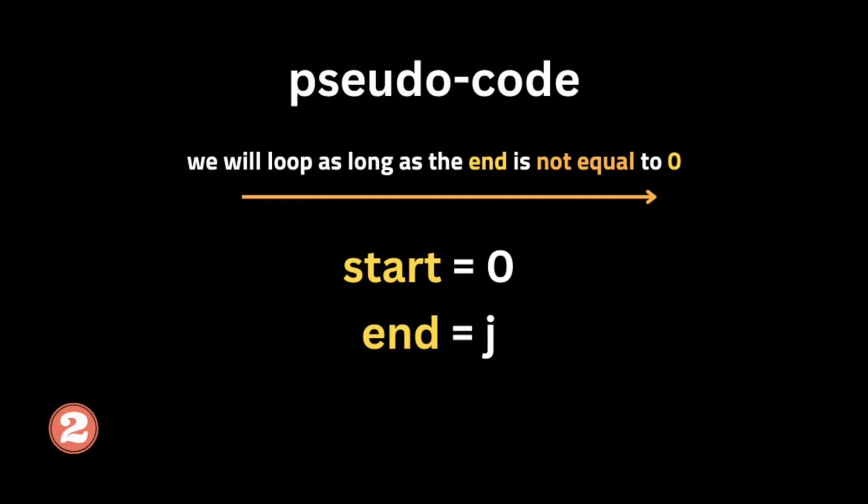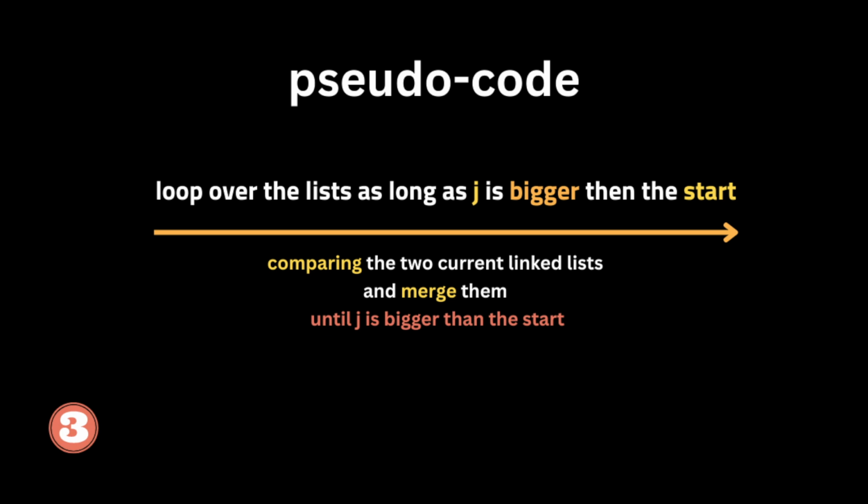Then we'll loop as long as the end is not equal to 0. Once the end is equal to 0, we'll reset the start to be at the beginning again and g to be the end again. Then we're going to loop over the list as long as g is bigger than the start. So inside the loop we're going to keep comparing the two current linked lists and merge them